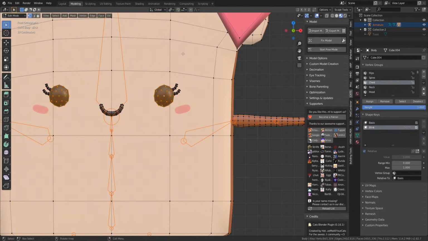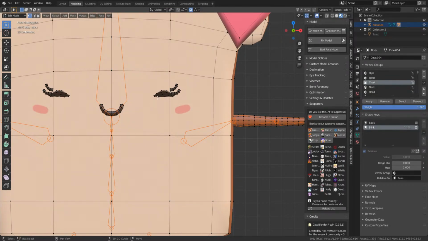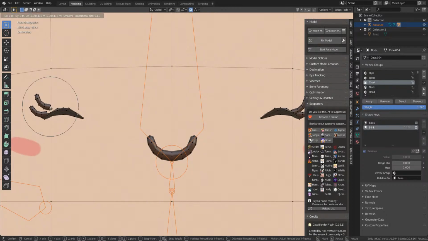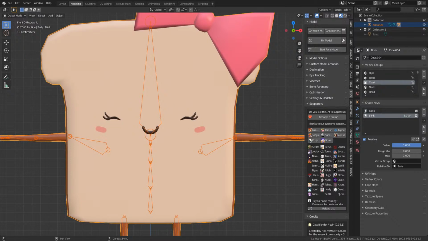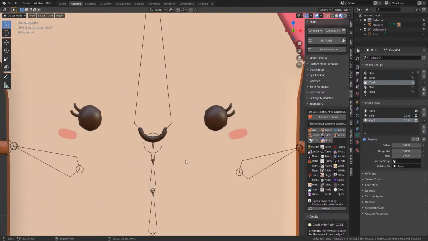Scale it down on the Z-axis, a little bit, and move the eyelashes so the trick doesn't get revealed. So when I move this value, the character blinks. And for the vocal shapes, it's going to be A, O, and